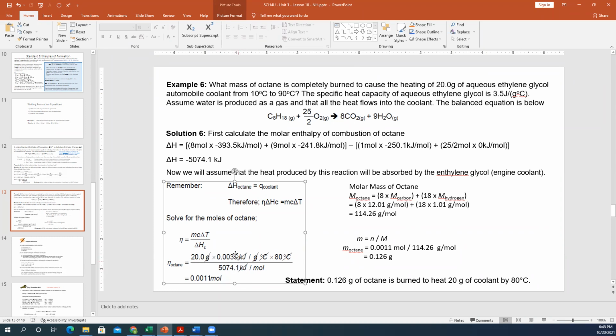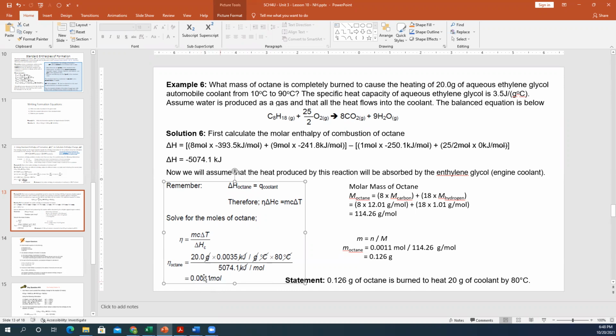We want to make sure our kilojoules cancel each other out. Or if you choose to keep this value in joules, then you want to change this value into joules as well, because you need these units to cancel out. Then you do your math and you end up with